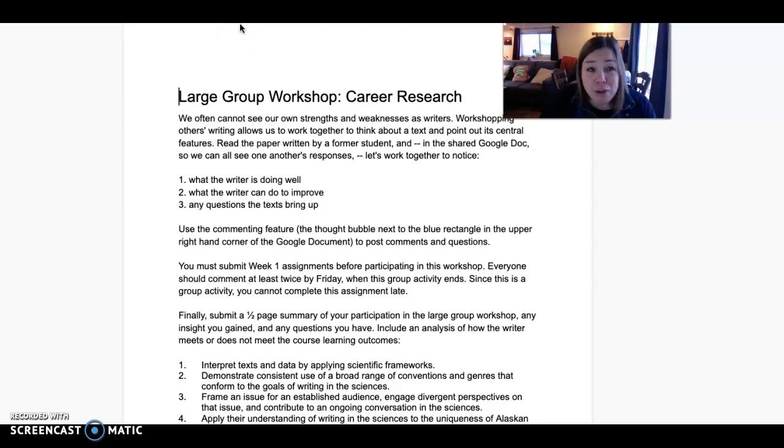This was written by a former student who took this class and did well. It's not perfect by any means, but it's a real student paper from UAA, and with permission to use it anonymously, the student said this can be an example text for you to look at and learn from. So when we're workshopping other people's work, what we really want to do is notice what they're doing well